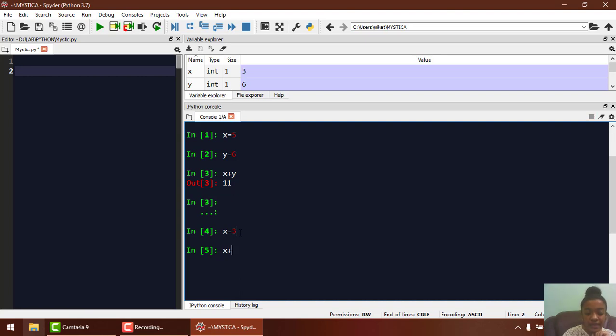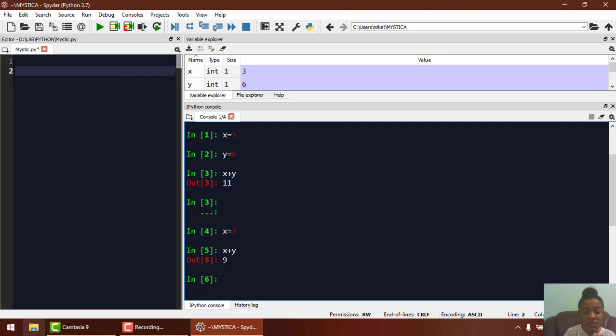Now I am going to add both of them, and let's see what the result is. In x the fresh value 3 has been saved, and in y our previous value 6 remains because we haven't changed the value for y yet. When we press enter now, the output is 9. Obviously 6 plus 3 is 9.